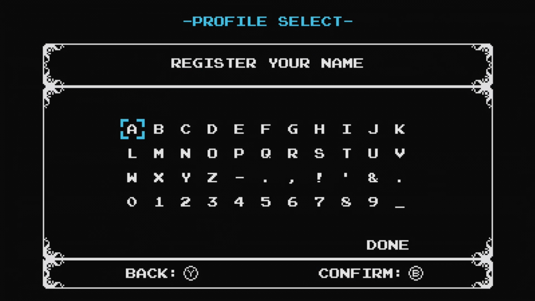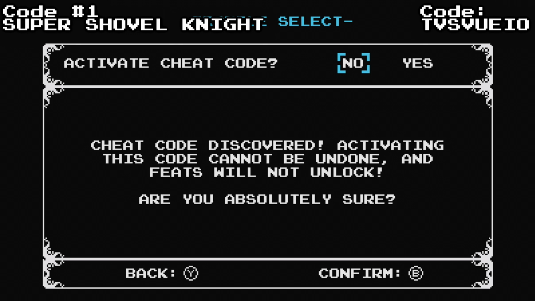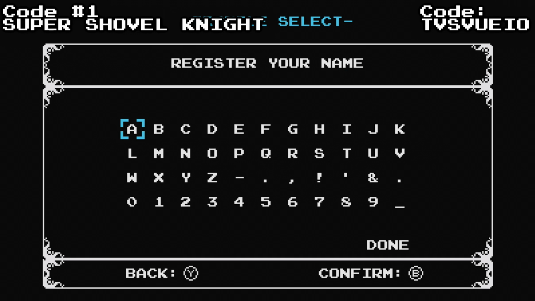And finally, my number 1 pick for the best cheat code in Shovel Knight. The final cheat on our list today is the most spectacular of them all. It's a variation of the previous invulnerability mode cheat that's activated by inputting the code TVSVUEIO. Doing this will activate Super Shovel Knight mode, granting you all the bonuses of the previous cheat, meaning invulnerability,